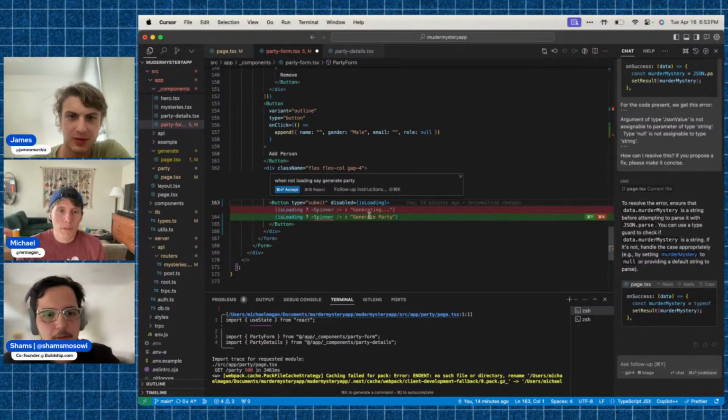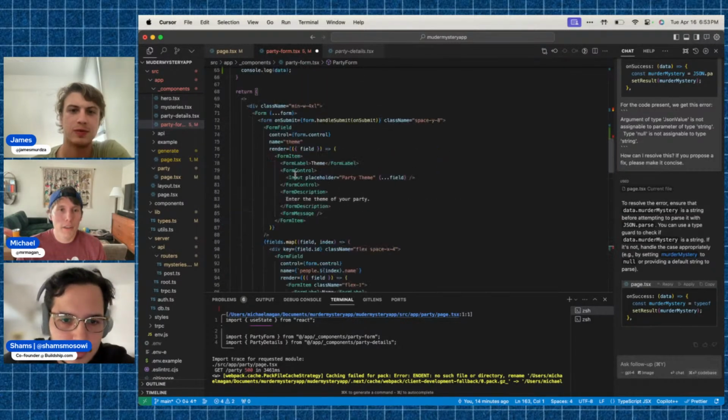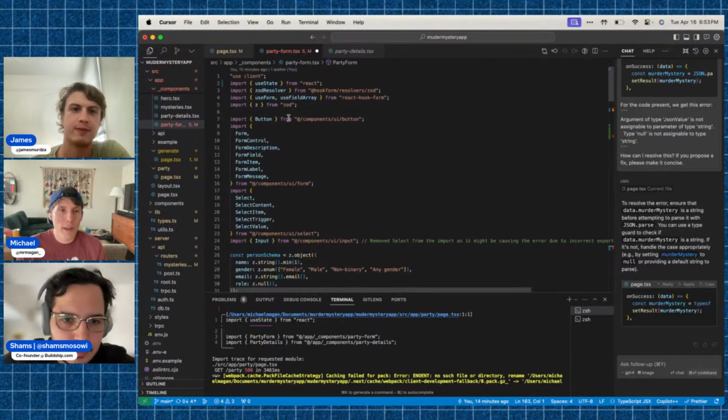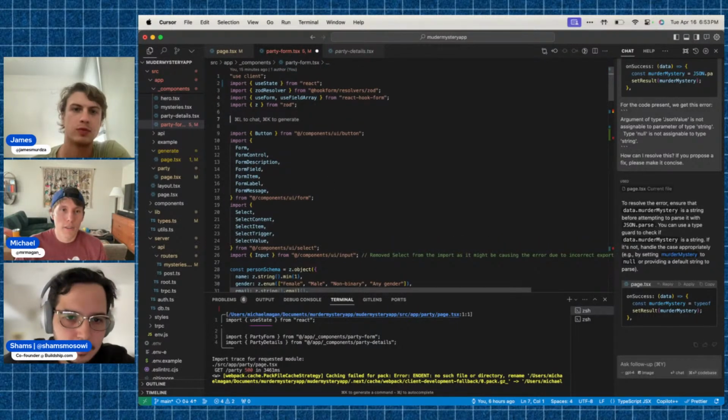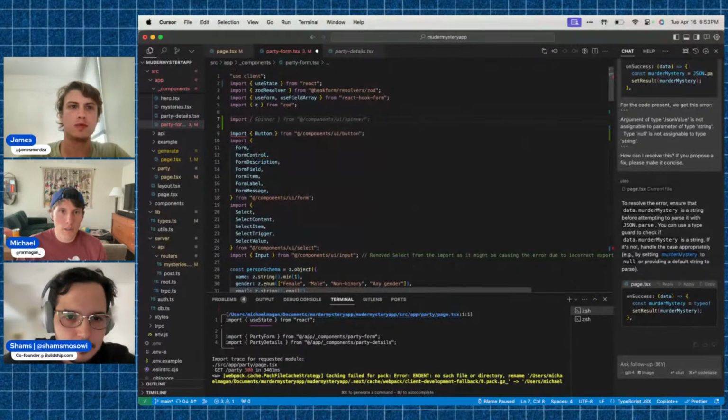Yeah, this is solid. That's fine. At least it'll just be a spinner, and then I think we can just use Radix or something. It's fine. There you go.